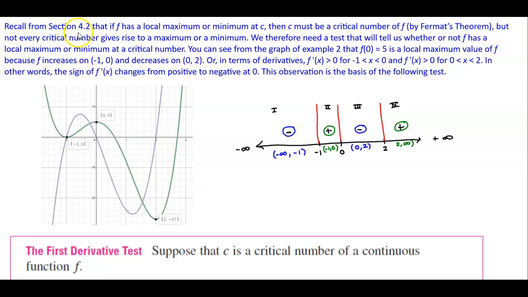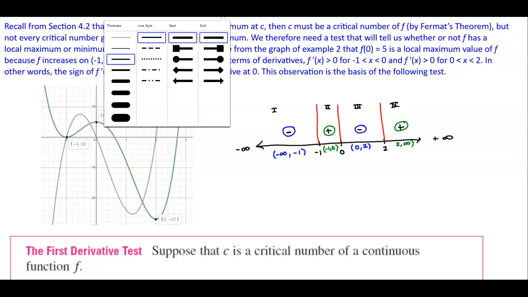Now recall from section 4.2 that if f has a local maximum or minimum at a value of c, then c must be a critical number of f by Fermat's theorem. But not every critical number gives rise to a maximum or minimum. We therefore need a test that will tell us whether or not f has a local maximum or minimum at a critical number. Now you can see from the graph of example 2 that we have a local maximum